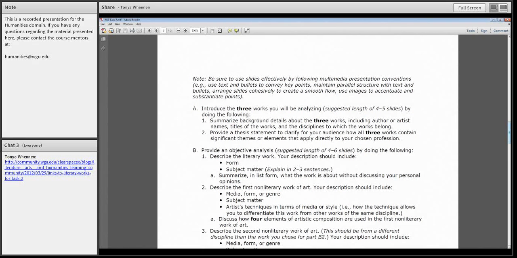So that's the A section, simple as that. If you are concerned at all that you're not on the right track, or just want some verification, send this A section to a course mentor. You can send it to humanities@wgu.edu. What's nice is we can have a look at it, make sure you're on the right track,